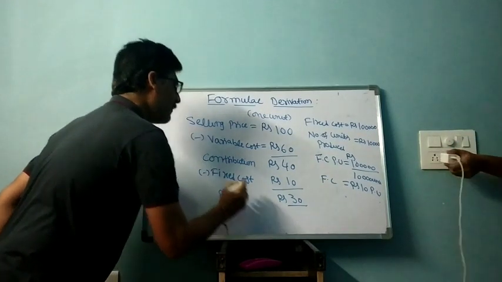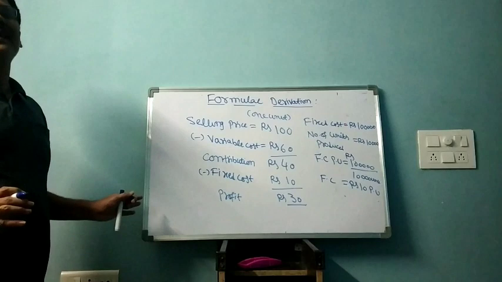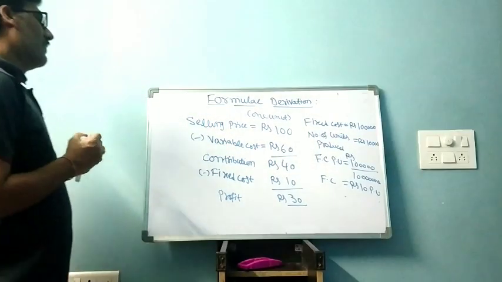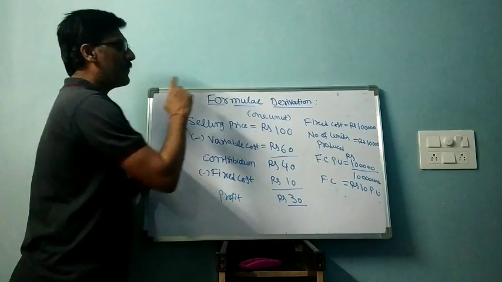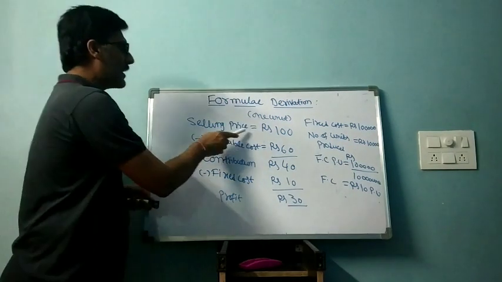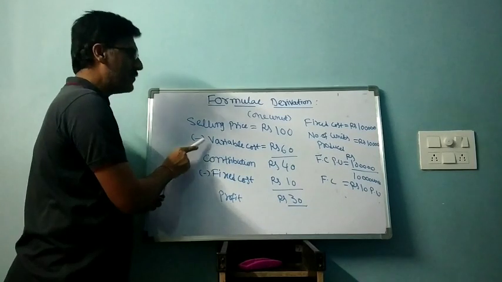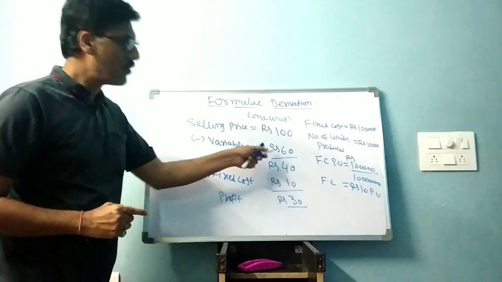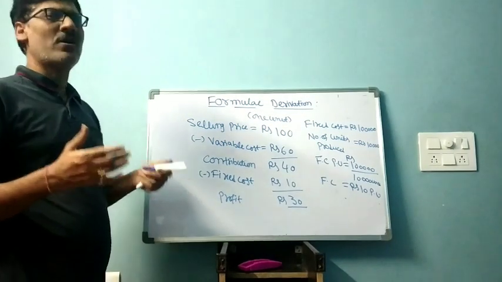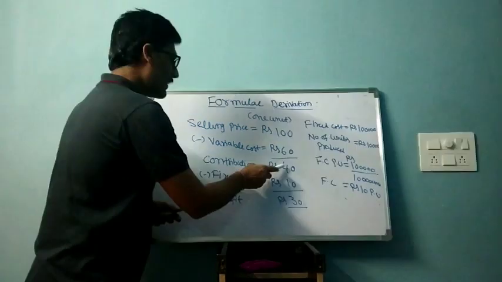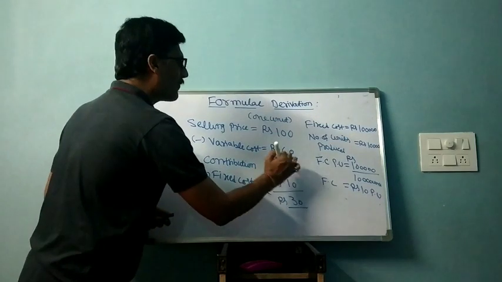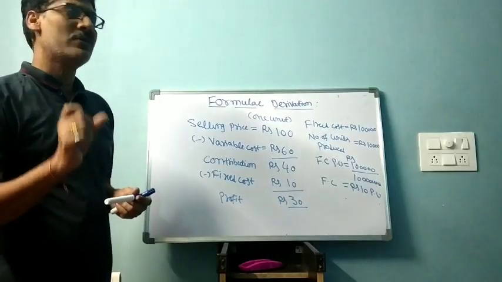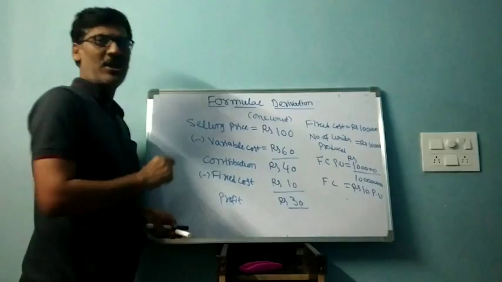With the help of a simple example, I am going to write all the formulas which are involved in this chapter. Right? So first, I have taken an example for 1 unit. For 1 unit I have taken the selling price as 100, minus what cost did I deduct from that? Variable cost. I deducted 60 rupees variable cost from this. This is raw material cost, labor cost, all this. So what is the contribution? The amount you are getting after deducting variable cost is nothing but what? The term that should be used is contribution.